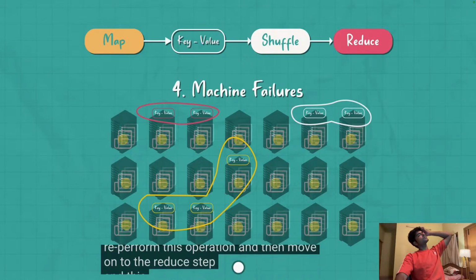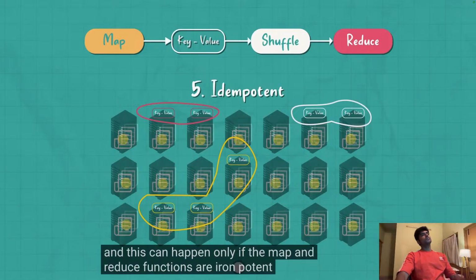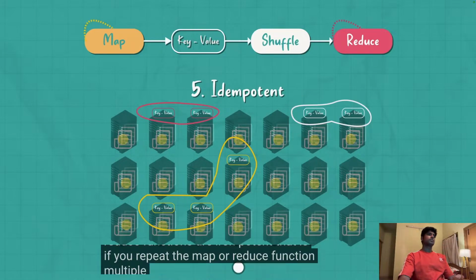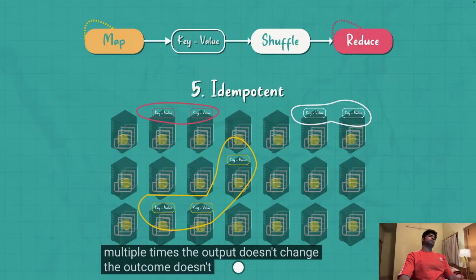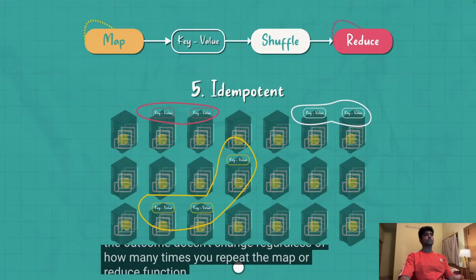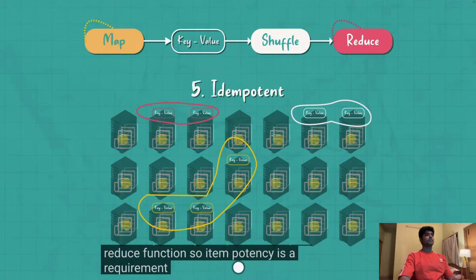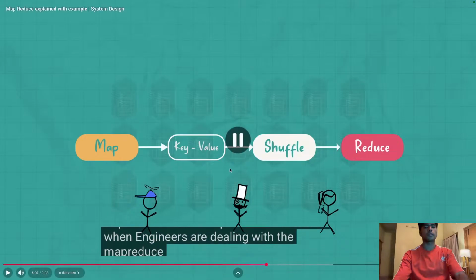And this can happen only if the map and reduce functions are idempotent. That is, if you repeat the map or reduce function multiple times, the output doesn't change. The outcome doesn't change regardless of how many times you repeat the map or reduce function. So, idempotency is a requirement in the MapReduce model. Now, when engineers are dealing with the map